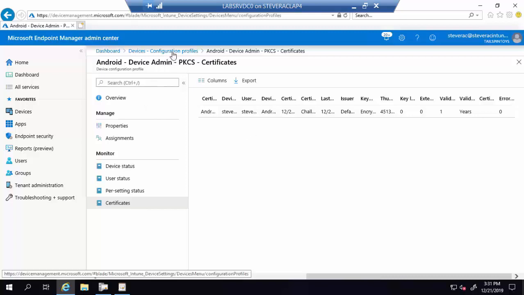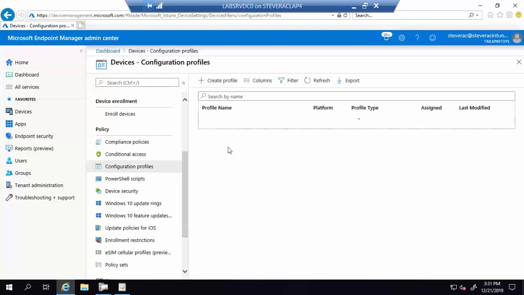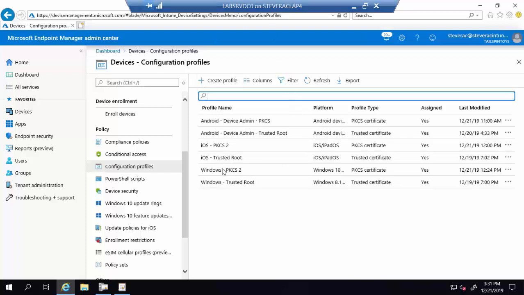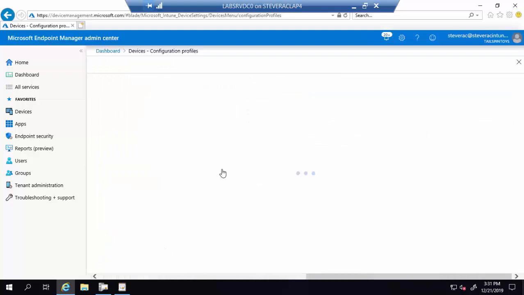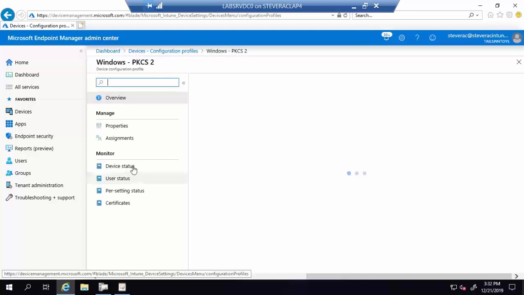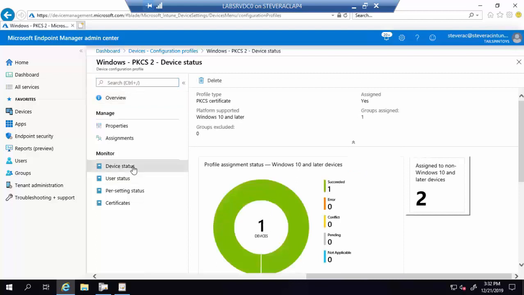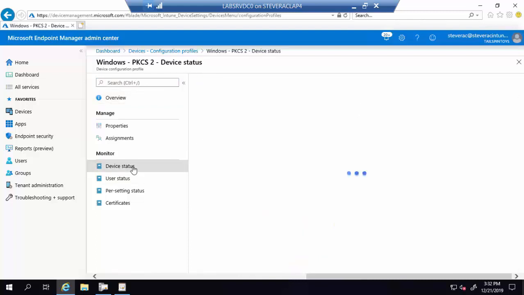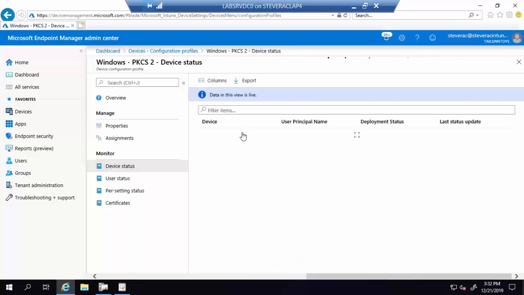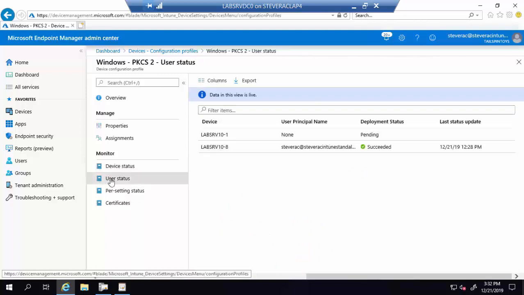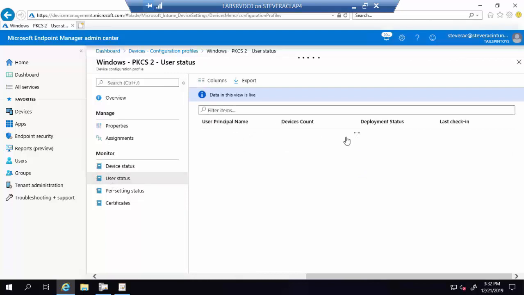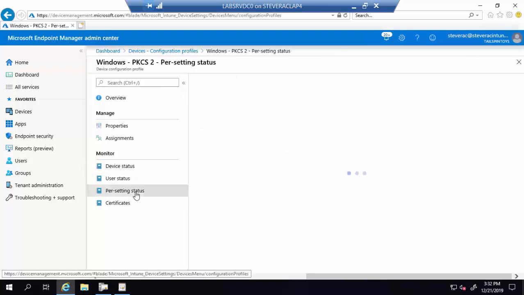So let's go back to our configuration profiles here. Look back at Windows PKCS. Come on. Come on. There we are. Windows PKCS, and check to see if this cert has deployed successfully. And it should have. So under device status, succeeded. Under user status, succeeded. Under per setting status,